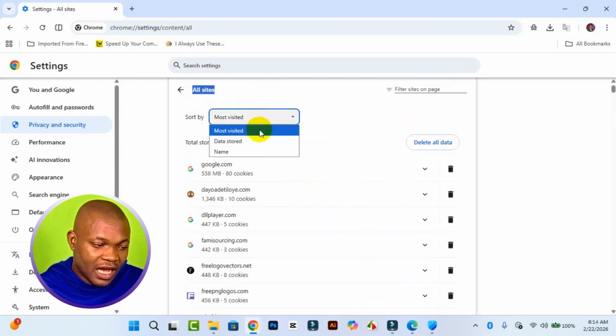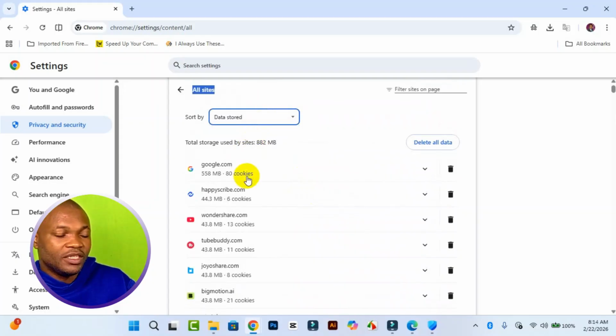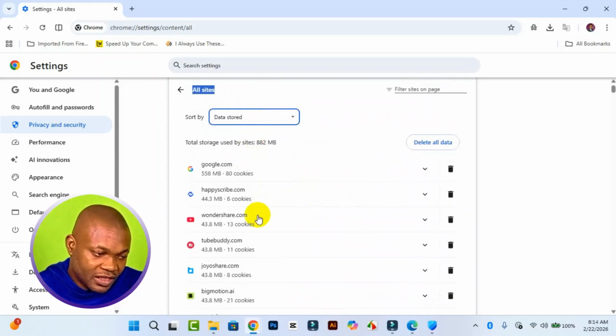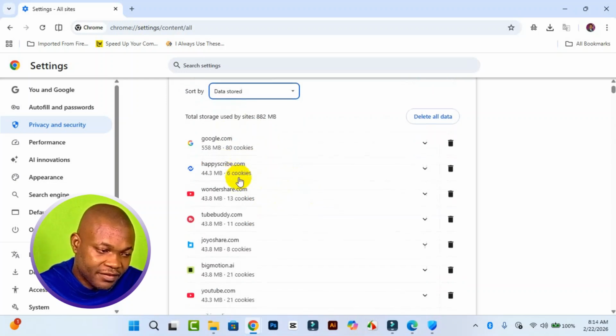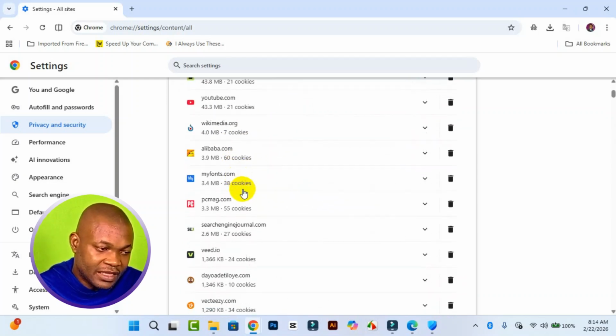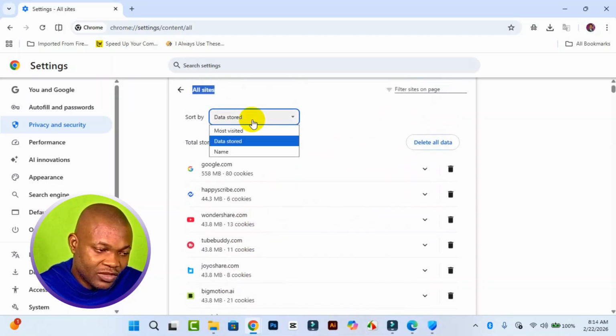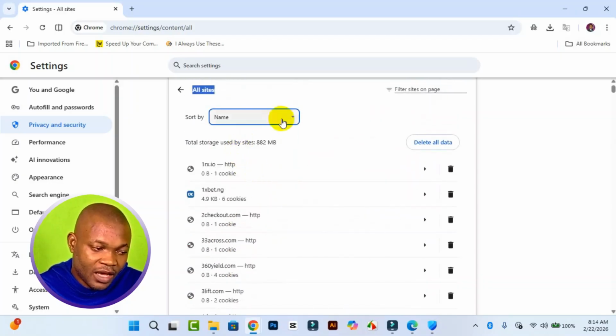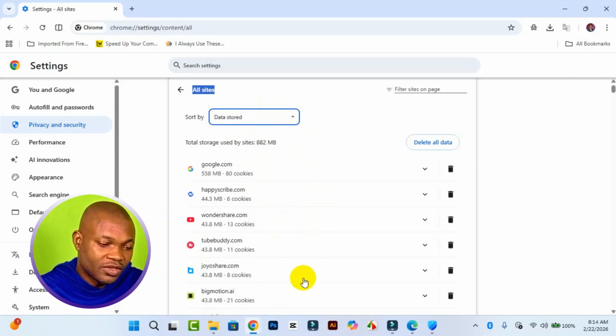store. So this is going to give you data based on how often you visit the site. So these are websites that have your data stored right here. However, you can come to by name right here. This will give you hierarchy by name, and then you can go back to data store right here. So you can go on and use this to track some of the information some of these websites are having